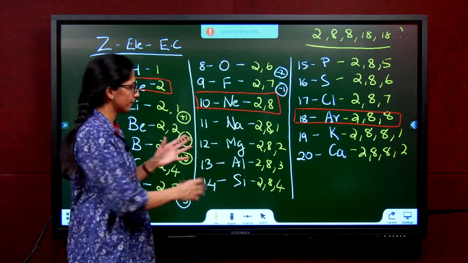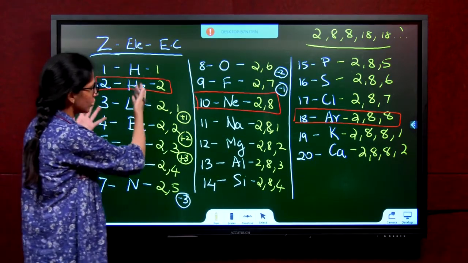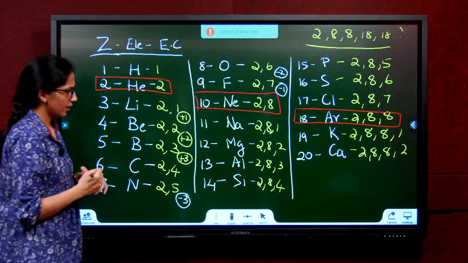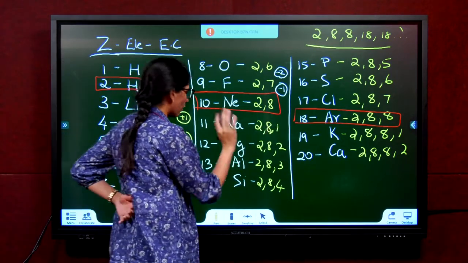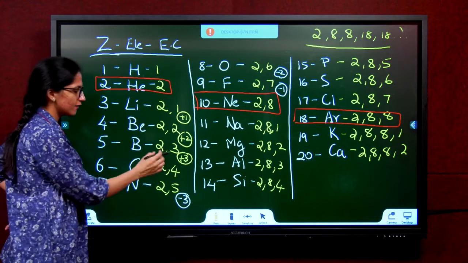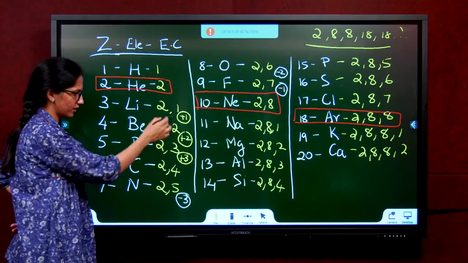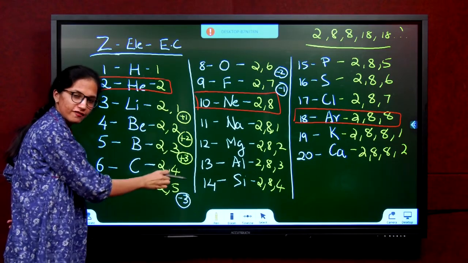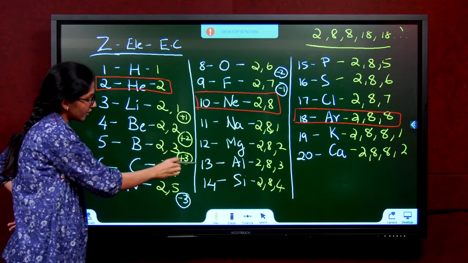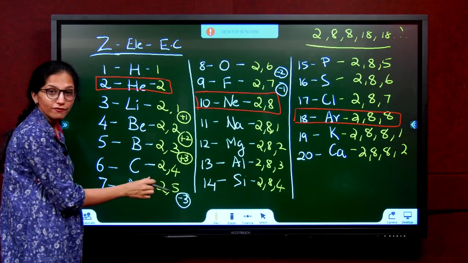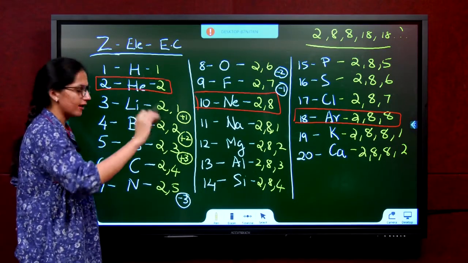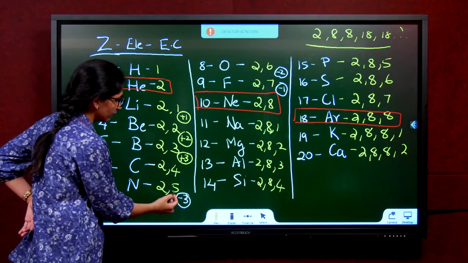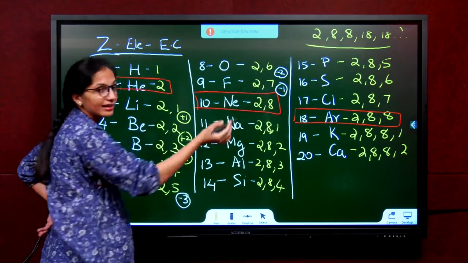So sodium, magnesium, aluminum, and so on. You can just see how we have done this. So it has 1, so it's easier. What can we understand by this? If the number is less than 4, the last shell electrons are called valence electrons. So if the number of valence electrons is less than 4, it gives away. If the number of electrons is more than 4, then it takes.